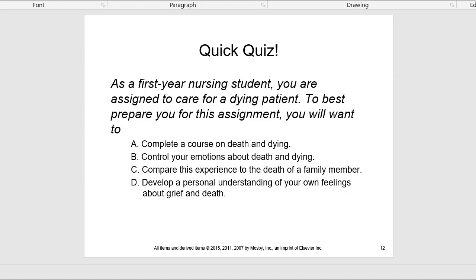As a nursing student, and certainly as a nurse, I would expect that you are going to have some personal experience with loss. So if you have not had that already in your life, this is a great chapter and information for you. You will think of death differently after becoming a nurse. You will use your scientific knowledge and be able to learn how to help people through these tough times for them.